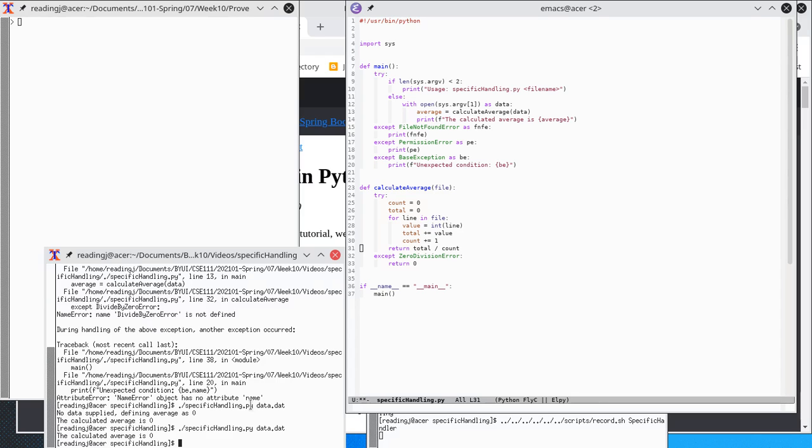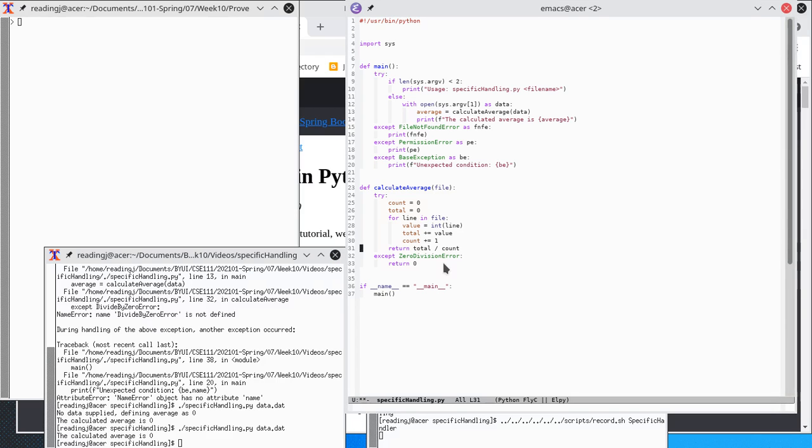And as long as we're talking about speed, by the way, raising and handling the exception takes a lot longer than the if statement. But most of the time you don't expect to trigger this exception. So setting it up is very brief. It's briefer than checking with an if statement. And the only time this takes a long time is when you have an exceptional condition, which you usually don't expect. So I hope that gives you a little more insight into how exception handling can be useful for you.